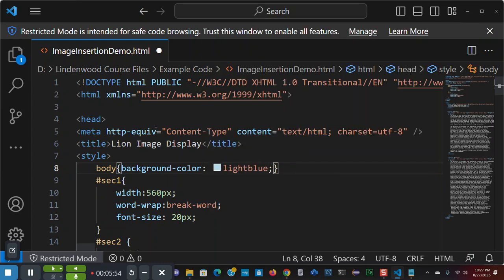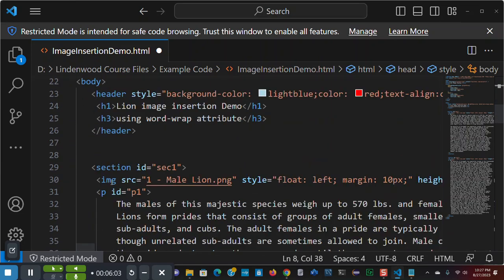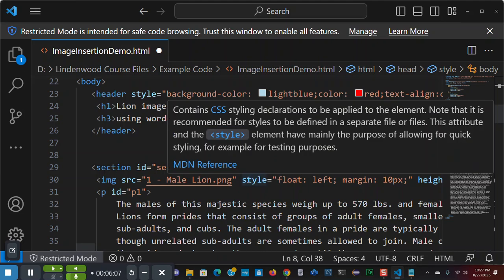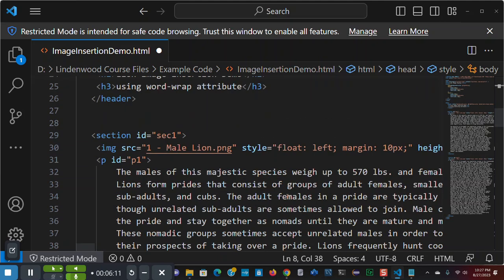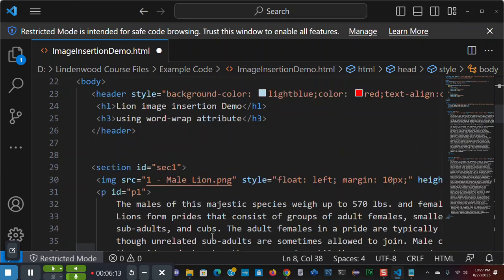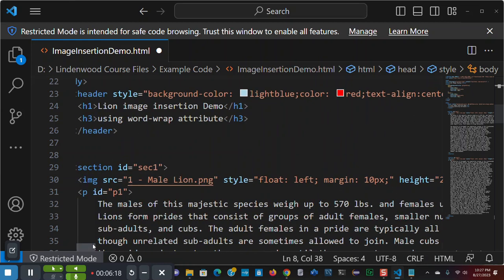Now this is a tag selector, body. Okay. I could have used a tag selector for image and styled all of my images the same, and I wouldn't have to have a style attribute on the tag. Well, I'm going to do something different, so I decided that I want to have the information on the tag